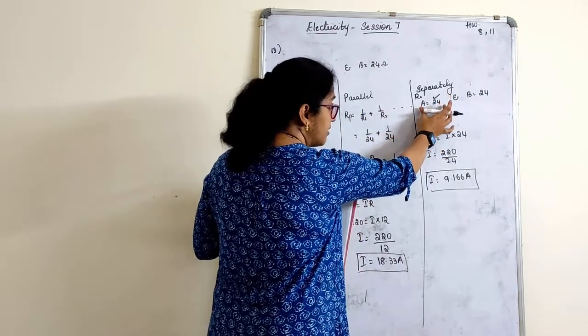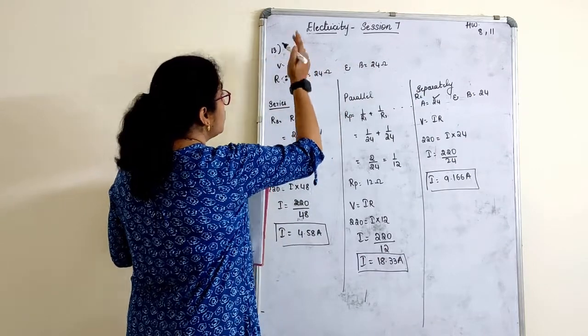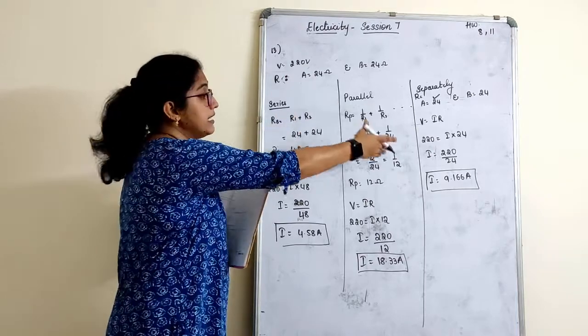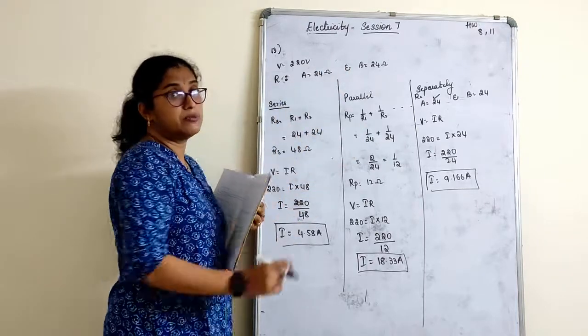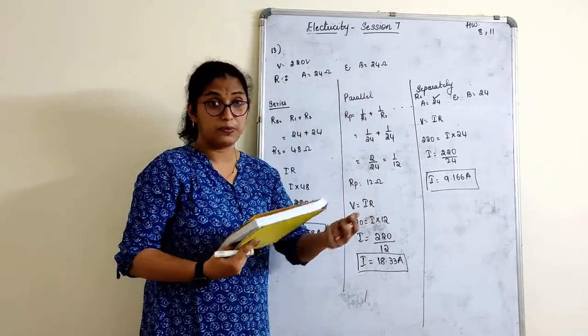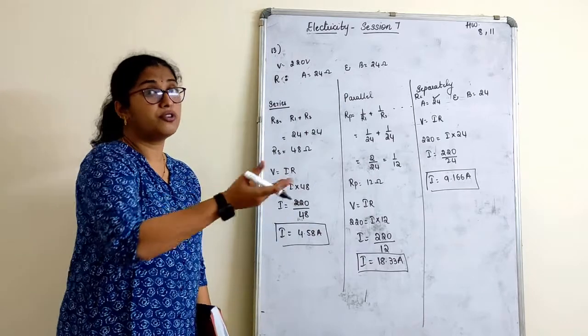So for a resistance of 24 ohms with a voltage of 220 volts, this is how we find the current, and that is the answer. The same thing holds for B as well. See, luckily both our resistances are the same, right? So we need not find it for B again. You find it for A, and it is found for B as well.